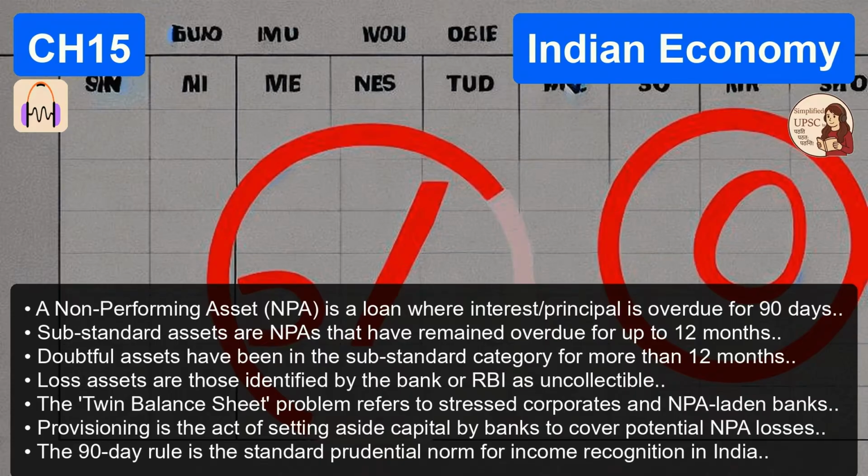Transparency. But then the world crashed in 2008. The global financial crisis. Lehman Brothers collapsed. Clearly, Basel II wasn't enough to save them. Exactly. The 2008 crisis showed that banks didn't just fail because of bad loans, which is credit risk. They failed because they literally ran out of cash to meet daily obligations. That's liquidity risk. Or they had borrowed way too much money to invest. That's leverage. So they needed a bigger shield.